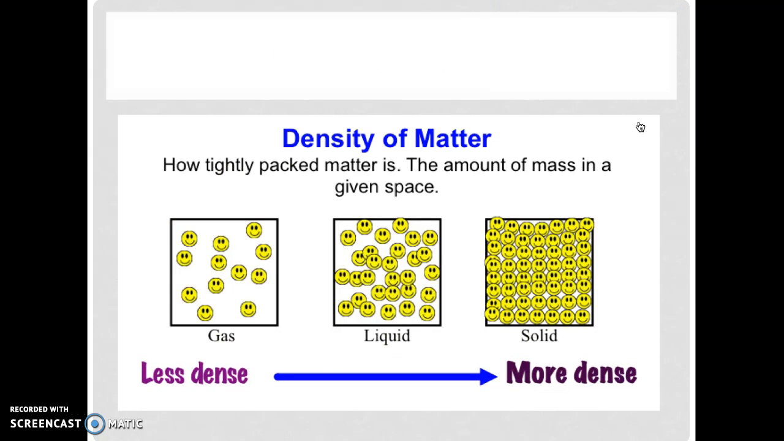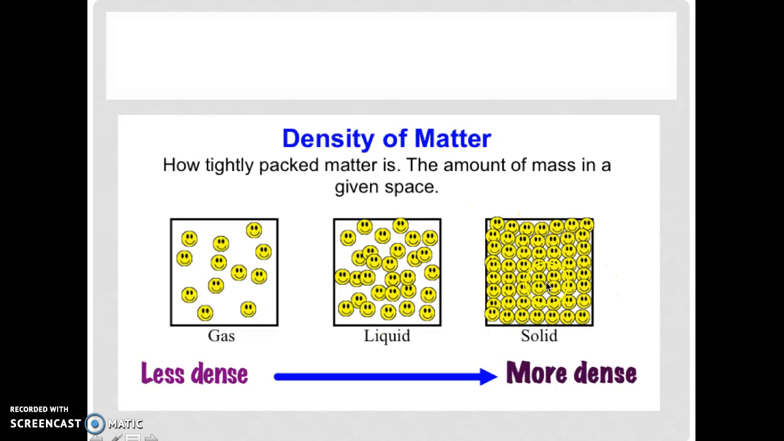Now you will see what is the density of matter. Here we are taking an example, just think that this is water: water in a gas form, water in a liquid form, and water in a solid form. Density is how tightly packed the matter is, the amount of mass in a given space. We can see the amount of space, these squares, is the same size in all